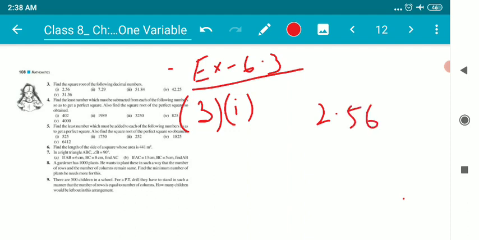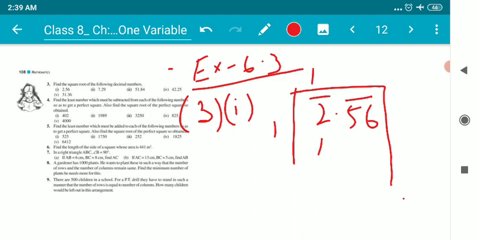2.56. Okay, children, our first job is to make the pairs of the number. Don't look at the decimal sign. Make pairs as we used to do. Now suppose, children, I have just imagined there is no decimal sign. I know that there is a decimal sign, as we all can see, but we will consider there is no decimal sign. Now 1 ones are 1 because 2 2s are 4, which is greater.